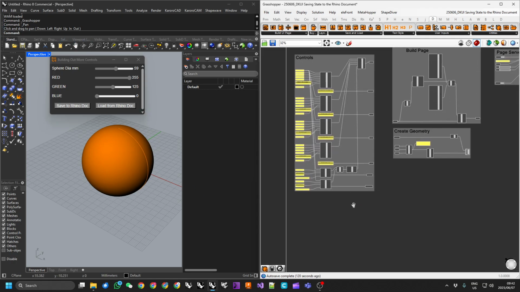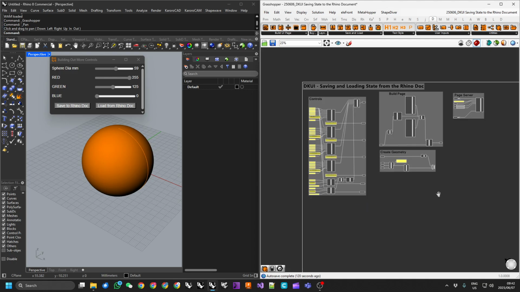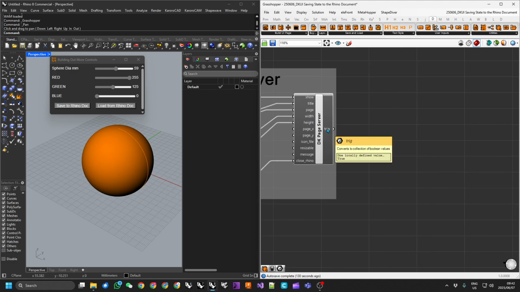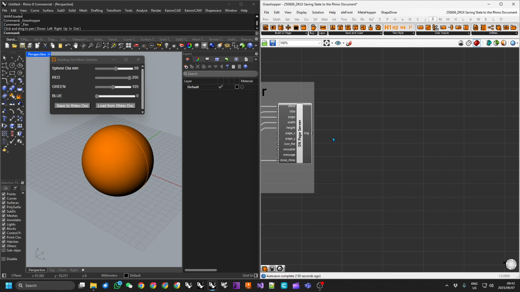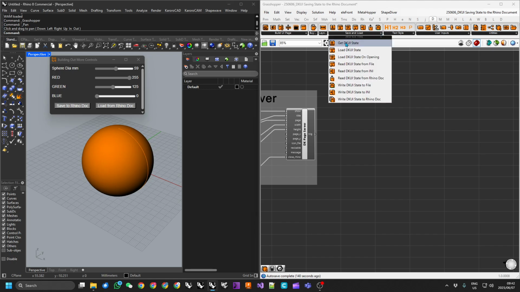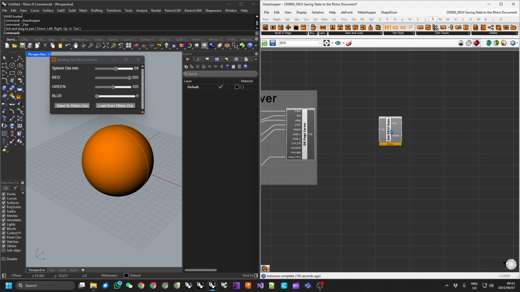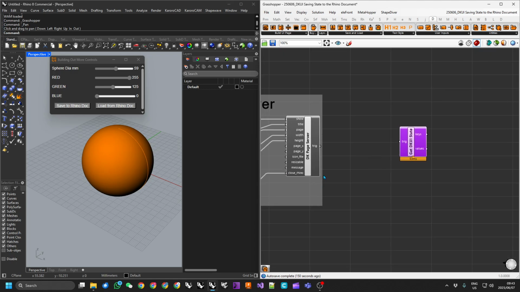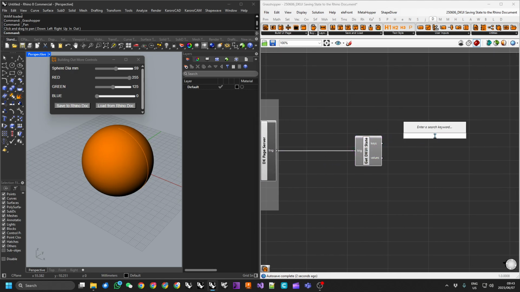Now, what I'll do is come up to our page server, and there is a trig output, as in trigger output, from our page server component, and we're going to use that as a trigger to actually get the state of our UI. So the first item to put down is the DKUI state component. Now, if I connect that up to a trigger